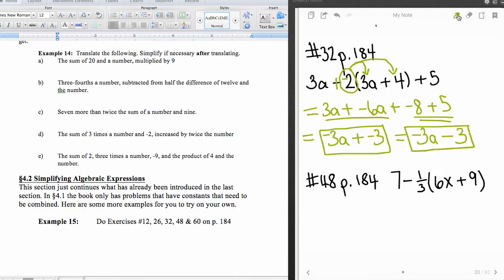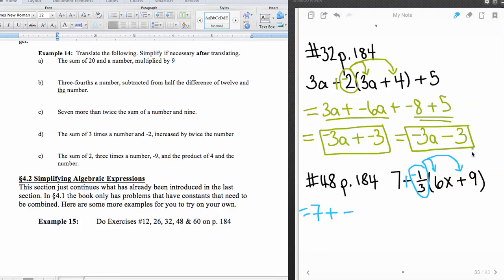All right, moving on to our problem number 48. The first thing again I'm going to do is change this to addition so I can see that I need to distribute a -1/3 through here. In other words, that subtraction there that we changed to addition has to get distributed through the parentheses as well. So now we have plus 7 plus a negative times a positive is a negative